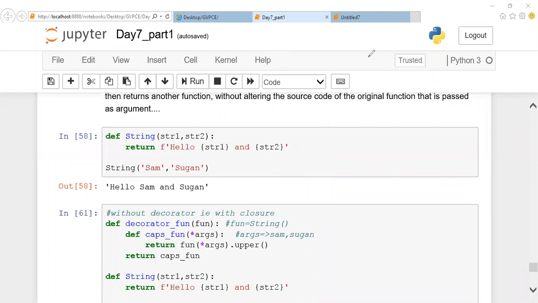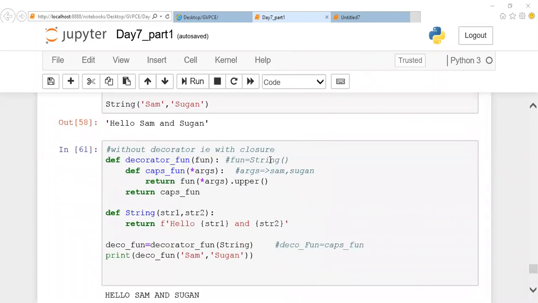The first example we have seen is without applying a decorator. The same task is done by applying only the closure part alone. We didn't apply any decorator. What is closure? I told you, remember that whenever you apply a closure, it is done with a function inside a function. This is how your closure looks: a function inside a function is the structure of your closure. We'll go ahead and see how to implement it.